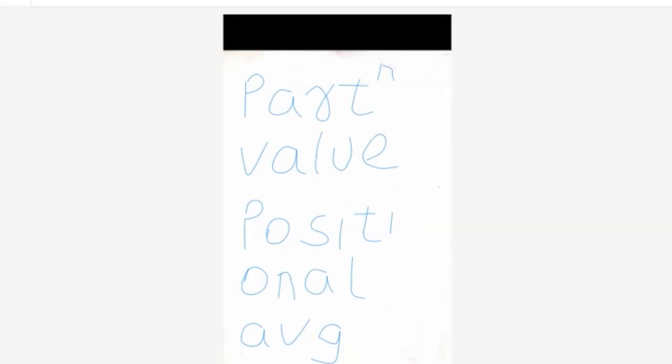Next point, median lies exactly at the middle of the